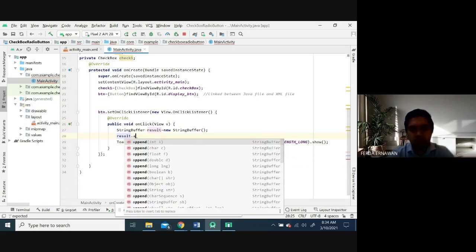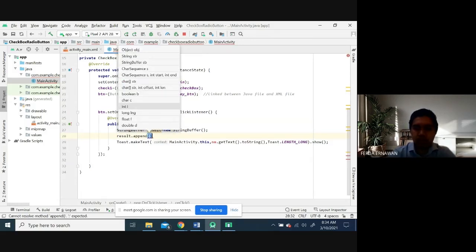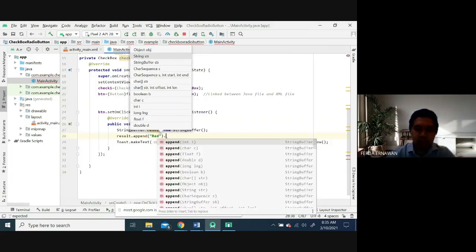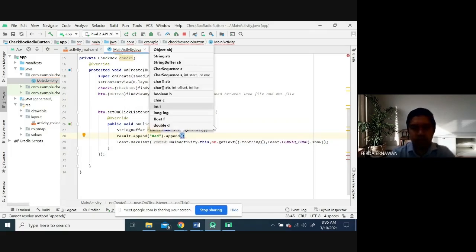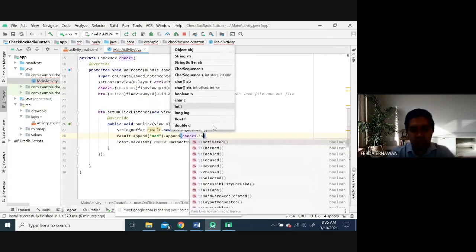For example, check one dot is check. Once I check, is check.